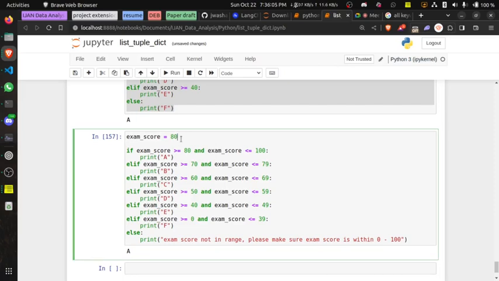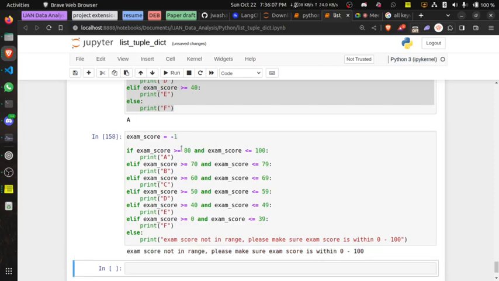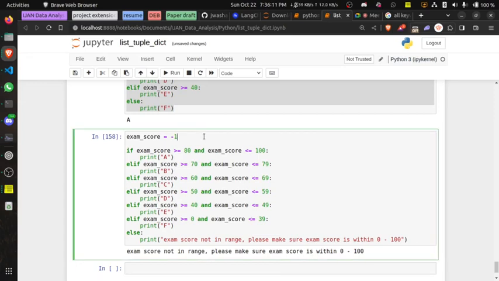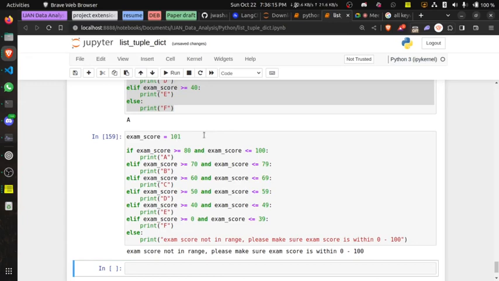And if you try something less, like a minus, you get "exam score not in range. Please make sure exam score is within 0 to 100." If you try above this, you get the same thing, right? You could also go ahead and give a separate command if it is greater than 100. You could say elif the exam score is greater than 100, print this. Then check if the exam score is lesser than 0.